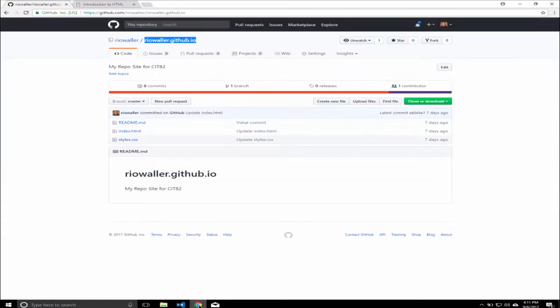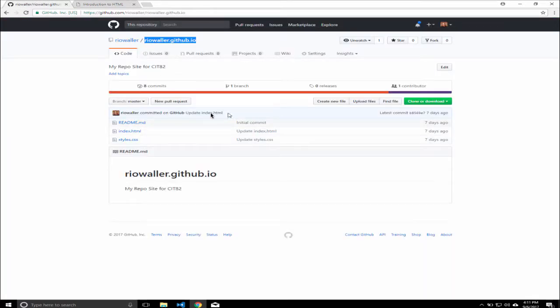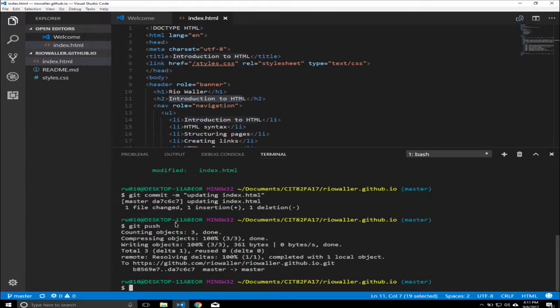There we go. So now if I go over to here, and it may take a minute, this is something I noticed last time when I was making changes, I got a little impatient. It does take a few minutes for those changes to flow all the way through. Okay, so while we're waiting for those changes to flow through, just to confirm, just so you have this,